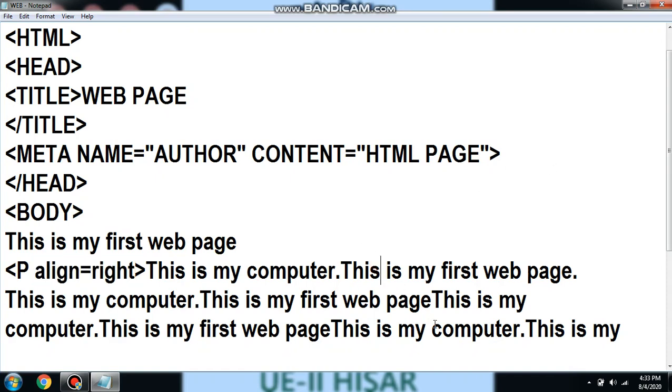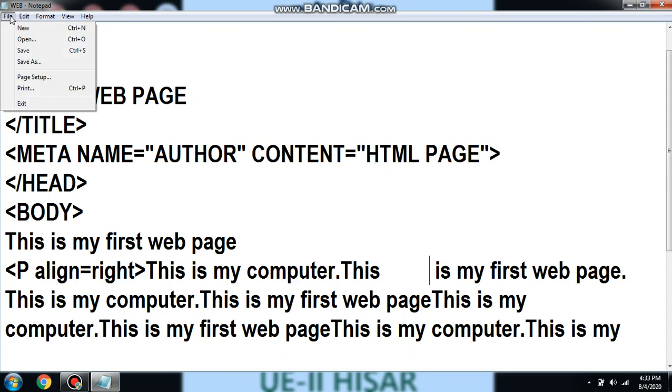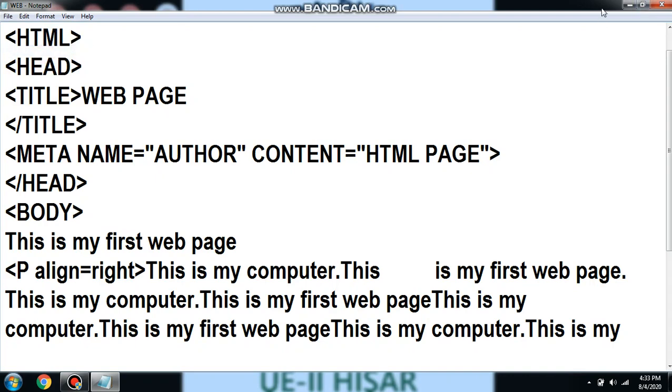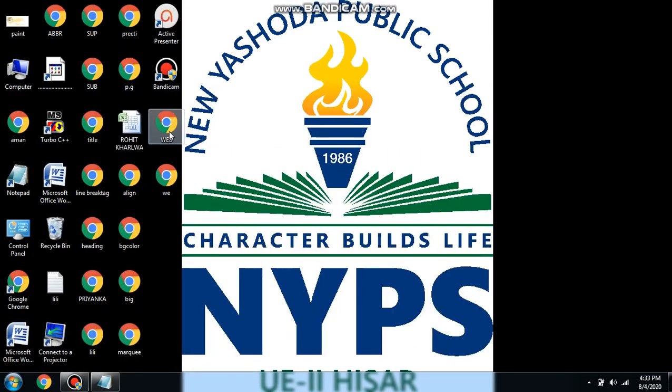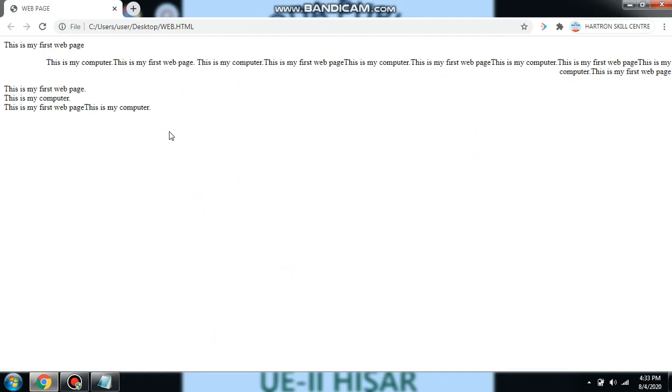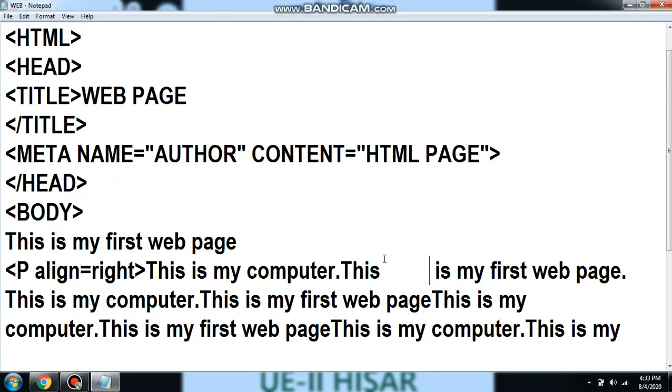So here we have inserted the space. I am increasing the space by pressing the space bar key. I am saving this file. I have told you in last class, whatever changes you are doing in your file, every time you have to save those changes. So I have saved this. Now I am opening my file. You can see in this file there is no difference, because for inserting more than one space, we have to use some special characters.